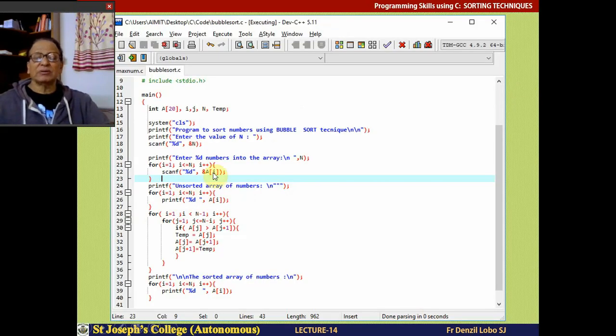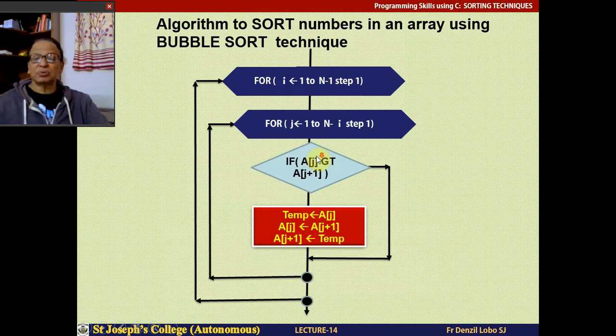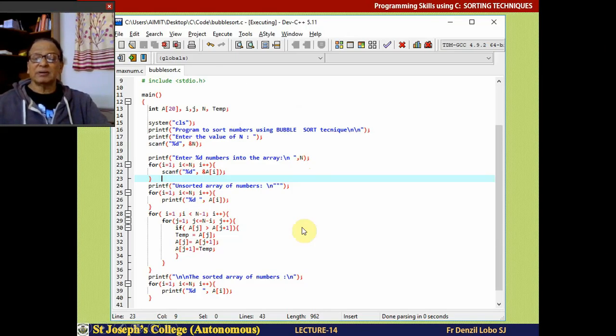Here we have written the C program. I have not shown you the other things you are supposed to write. So here we have declared A[20], I, J, N, temp. These are needed. And then here we have got the title and value for n. You input those numbers, your input section, enter n values. For example, if value of n is 10, enter 10 numbers. You are going to enter 10 numbers. Then you print the unsorted array.